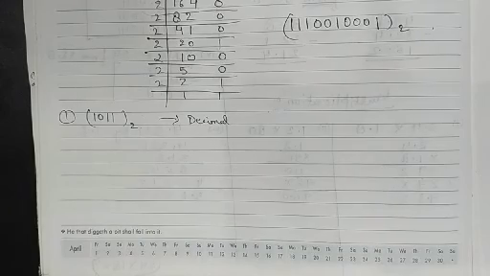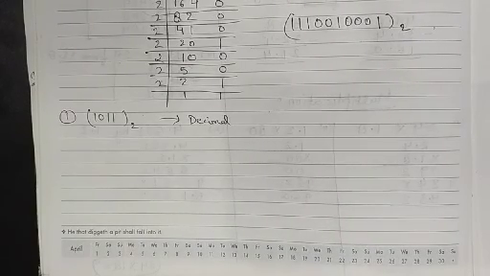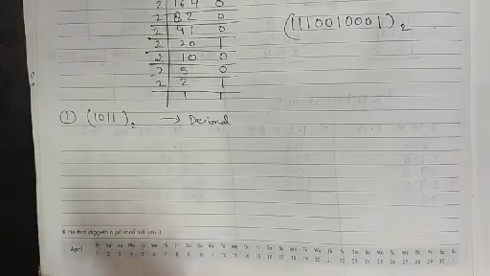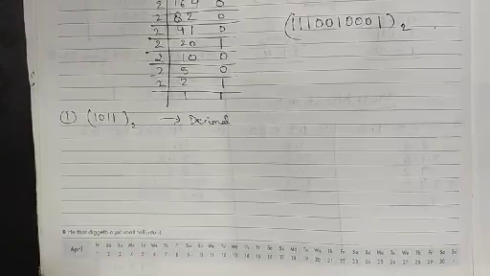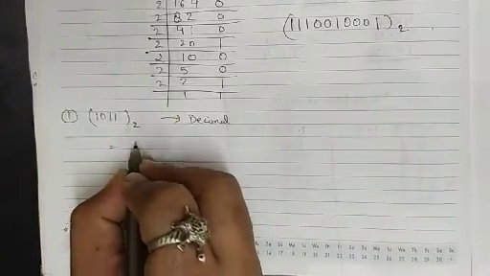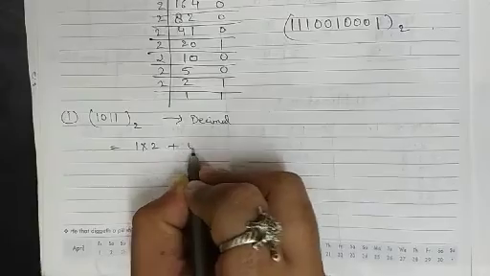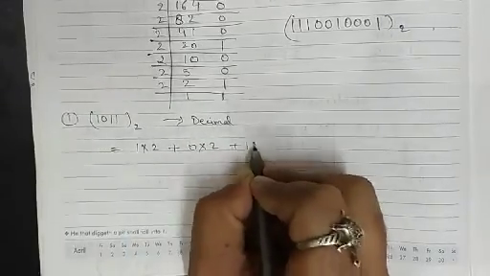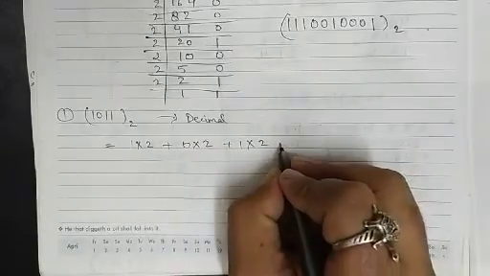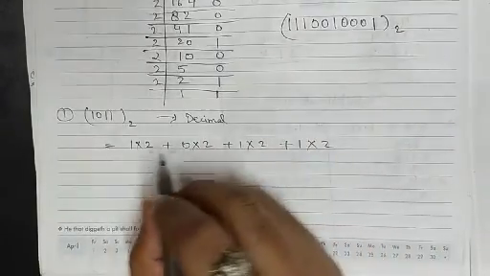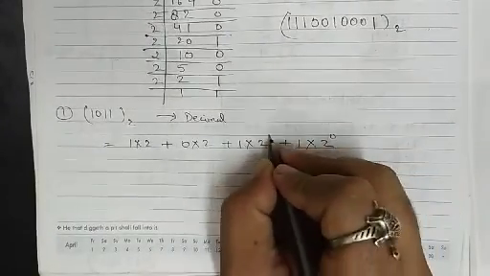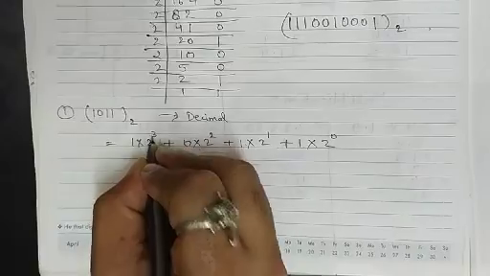Right? So while teaching, I had told you that for converting any number to a decimal number, we just have to multiply with the base. See, 1 into 2 plus 0 into 2 plus 1 into 2, because a binary number has a base 2, plus 1 into 2, like this, 1 0 1 1. Now from the right side put the power 0, 1, 2, 3.